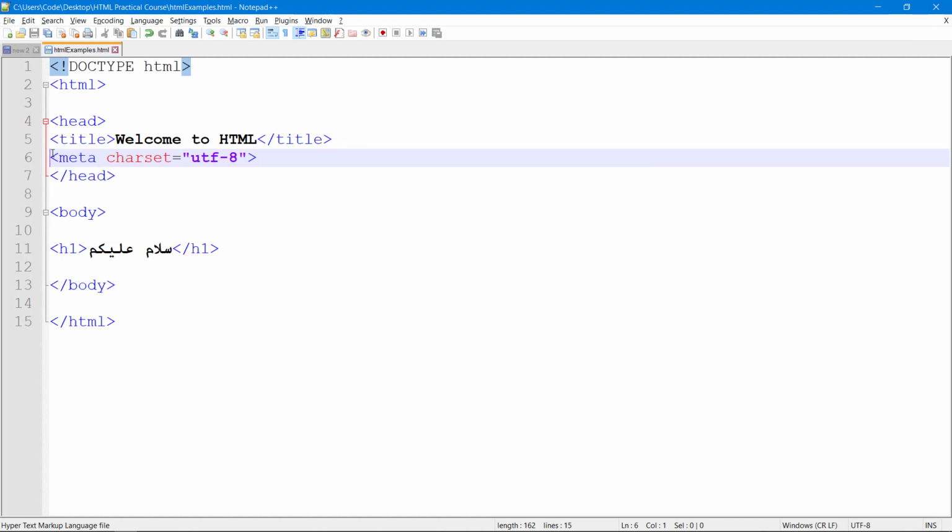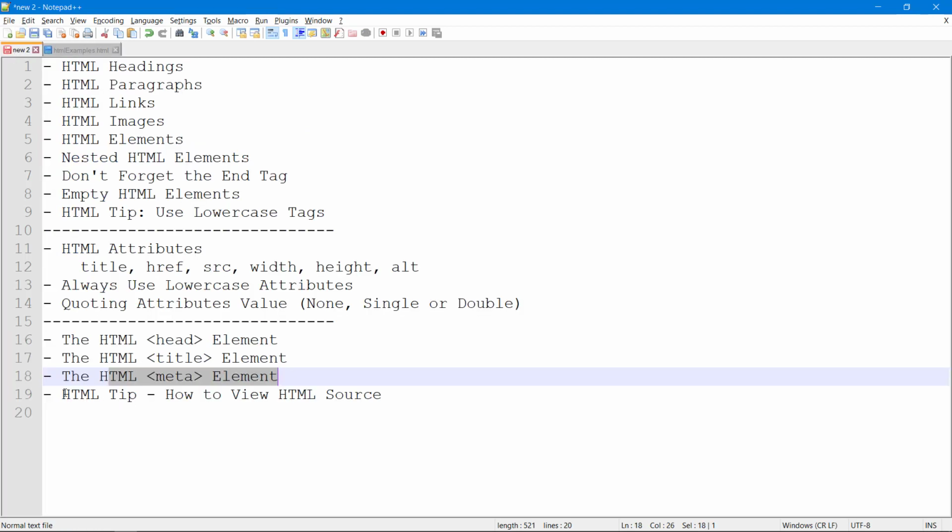This is the meta element, and metadata can have a lot of things. It provides a lot of information about the HTML document. So the next one is